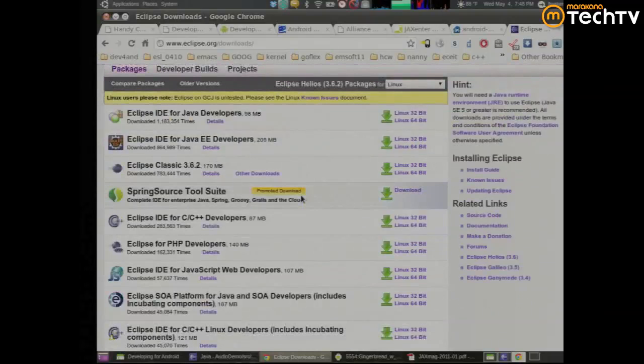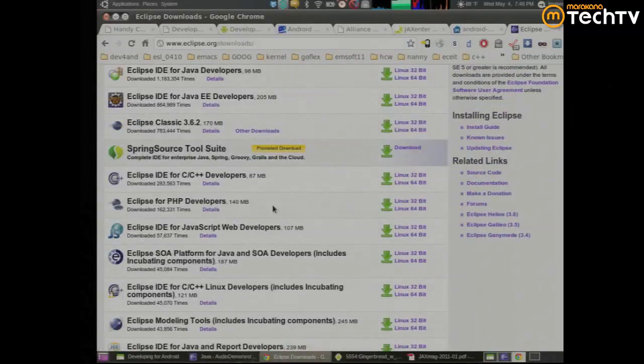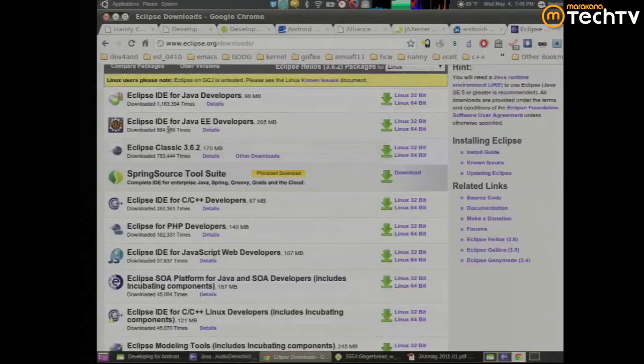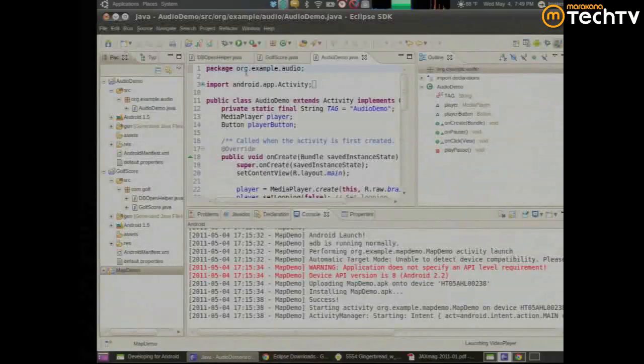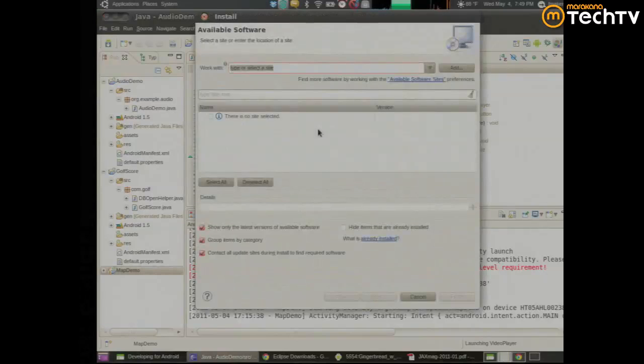And then you can either get, I believe the officially recommended one is Eclipse Classic. Some people also prefer Eclipse IDE for Java developers. It really doesn't matter which one you take. So go and get your Eclipse, download it, install it, and then once you have Eclipse up and running, you just go to Help, Install New Software,